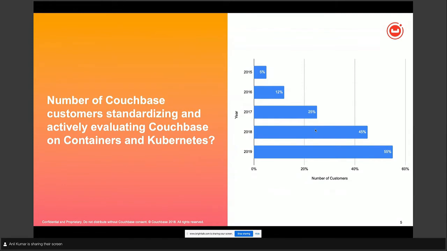If you look from 2015, we have seen a steady growth of customers who want to standardize on running Couchbase on containers and Kubernetes. Initially, there were 5% of the customers who were interested, and now with 2018 and 2019, that number has significantly increased.